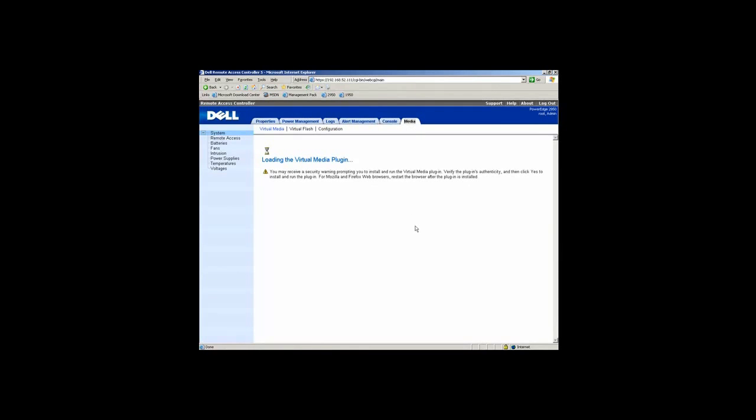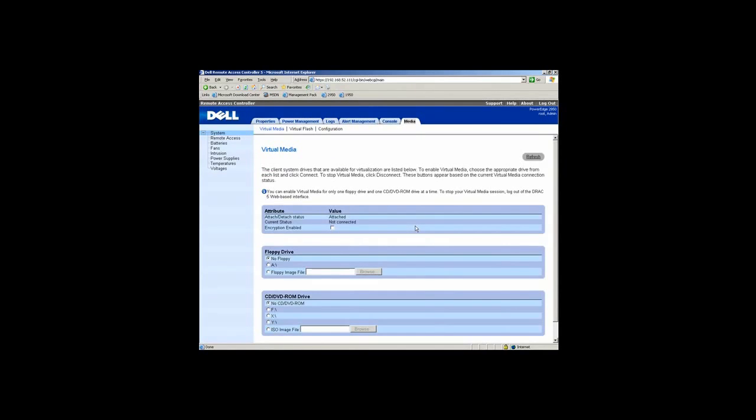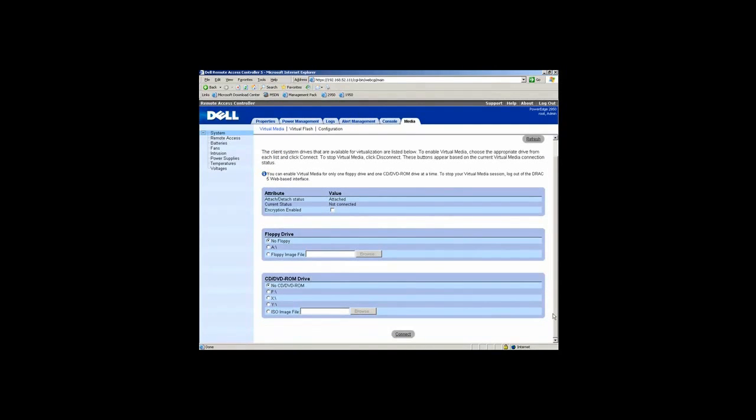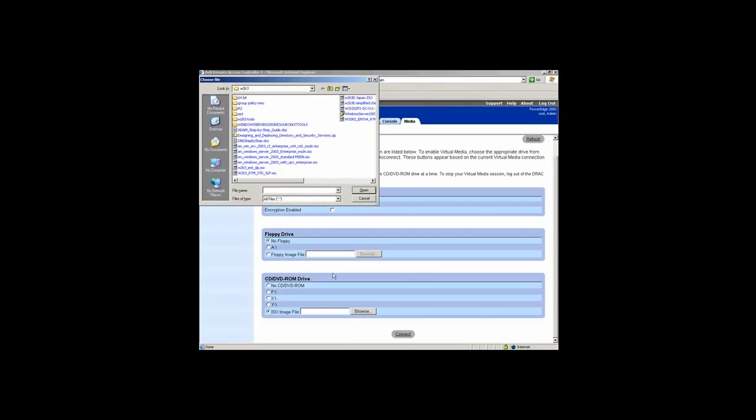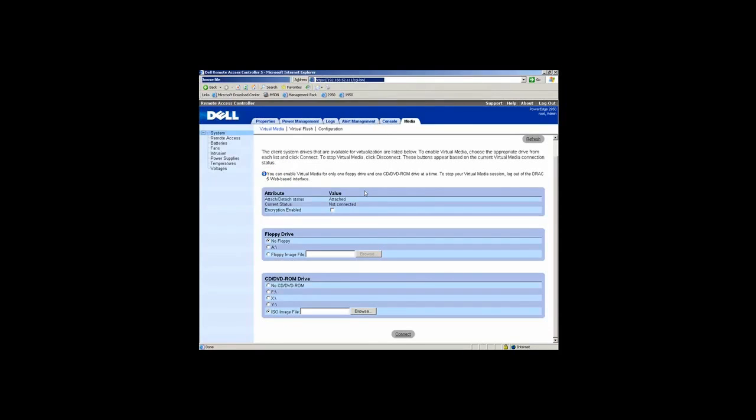So with virtual media, you have the ability from wherever you're operating your browser from. So if you are at home on your laptop and connected by VPN into your corporate environment, you can open up a browser and talk to a DRAC card and then attach your floppy drive or your CD-ROM drives. The other thing we've added is both DVD and CD-ROM support. So if I go over here to my ISO farm and open up, say, Windows 2003 and hit the connect button,